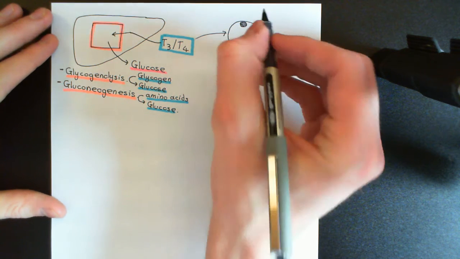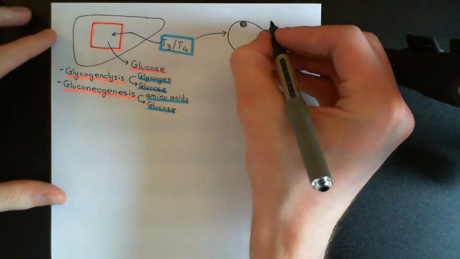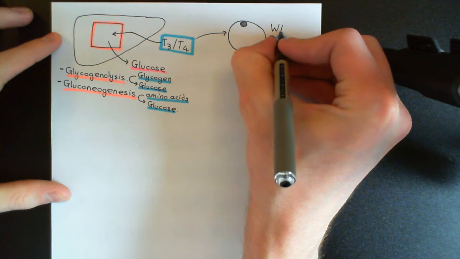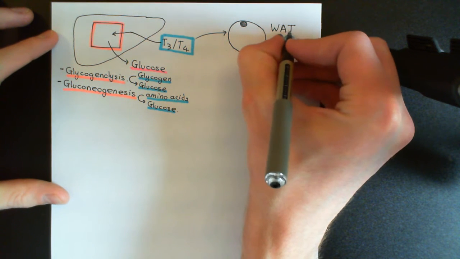Now, of course, in the adult human we don't think we have many brown adipocytes, so often we just refer to white adipocytes as just adipocytes because there aren't any other types of adipocytes. However, we're going to see that T3 and T4 in the neonate, the human neonate, can have effects on the brown adipocytes. So because we're going to be talking about these two different types of adipocytes, I am now stressing the fact that this one is a white adipocyte, and I'll refer to it as a WAT,